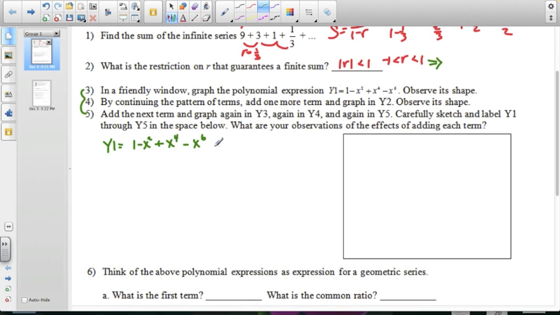We can continue the pattern by adding another term, so that would be plus x to the 8th, and we can continue the pattern again by adding yet another term, which would be minus x to the 10th. And so if we look at this, then we have a first term, which is 1, and in this case, a common ratio here, which happens to be minus x squared. So if we think about that sort of pattern, we can see that this polynomial expression